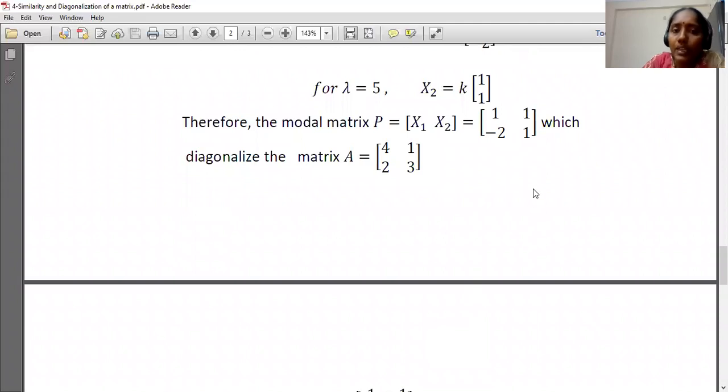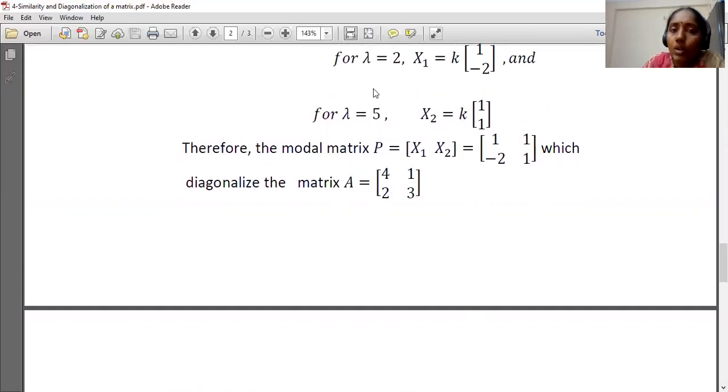So here, how to check that this matrix is diagonalizable? How will we know? That is based on the linearly independent eigenvectors. Here we have lambda equal to 2 and 5 as the distinct eigenvalues. Here there exist two linearly independent eigenvectors. That means one cannot be expressed in terms of the other. So these two vectors are linearly independent, so this matrix is diagonalizable.